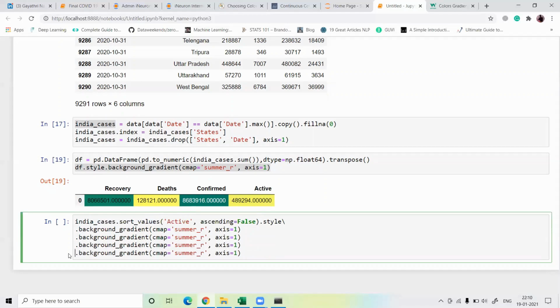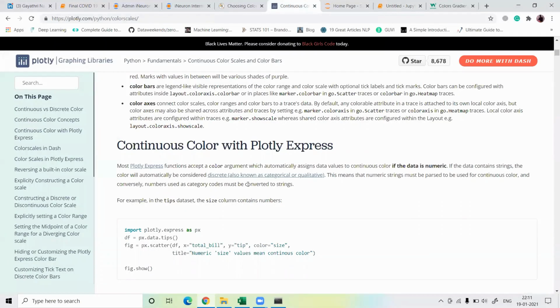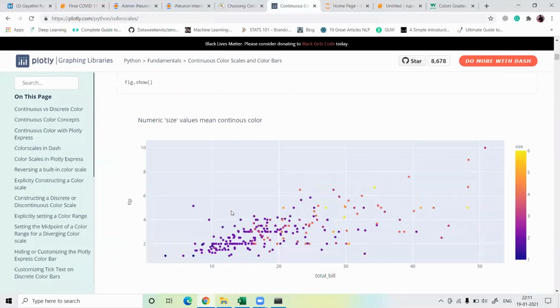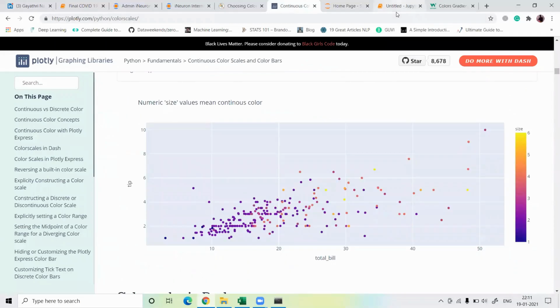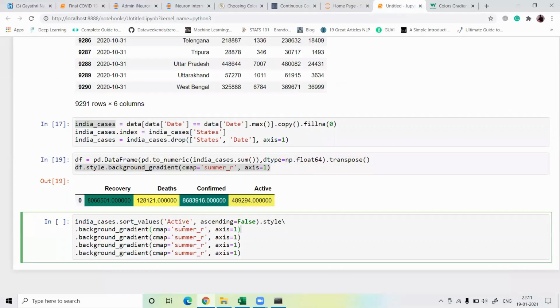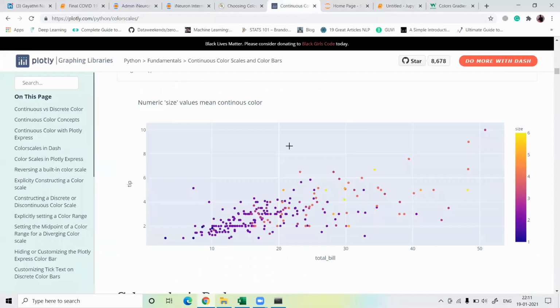Okay, so first I remove this and next take some color names from plotly. For this, I just take some color names from here, the continuous color plotly names. Okay, this is the color scale, this is the color name. So for the first color name I just define VG R. Okay, next what can I define here?